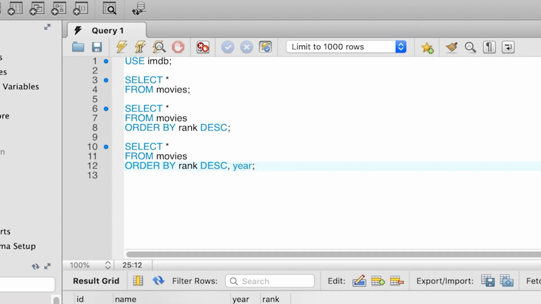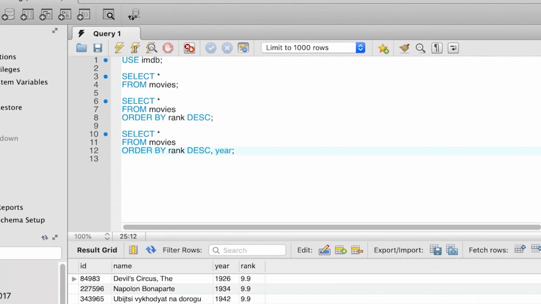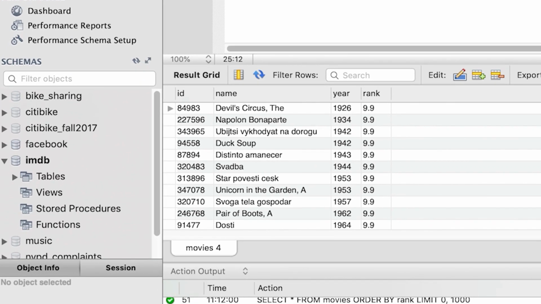So at the bottom line, we have order by rank descending, comma year, and then a semicolon. Notice that now in the results, all the movies still have 9.9 as rank, but then we have movies ordered by year. So we have first the movie released in 1926, then the movie released in 1934, and so on. So notice now in the results that we have The Devil's Circus, released in 1926, Napoleon Bonaparte afterwards.